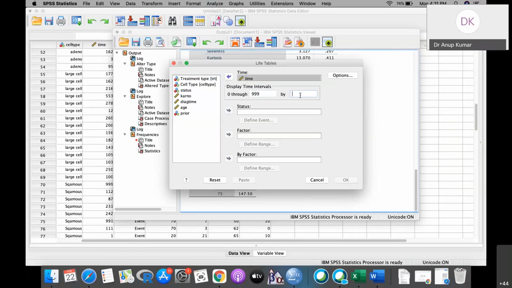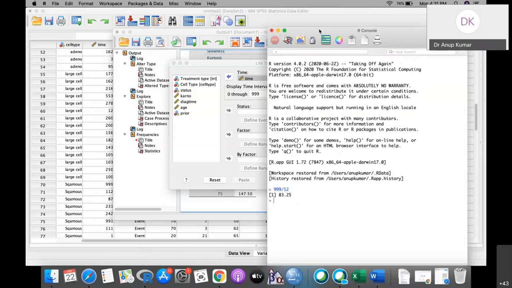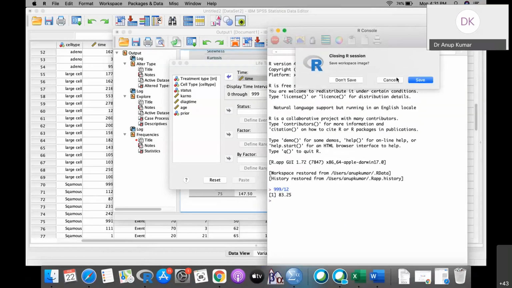If you say by 12 months, how many years is that going to take? 999 is very long. If you divide 999 by 12, you are going to get 83 years, which means you are going to get 83 rows. So it is not a correct thing.